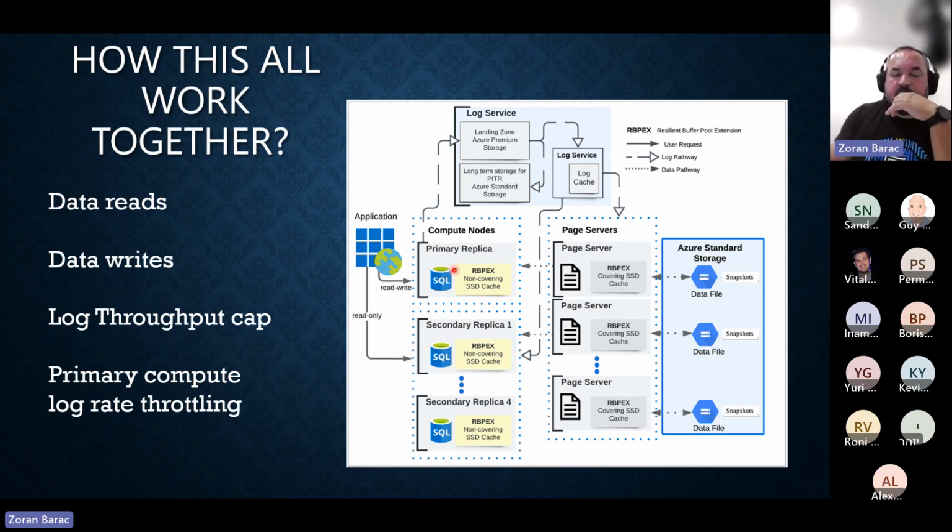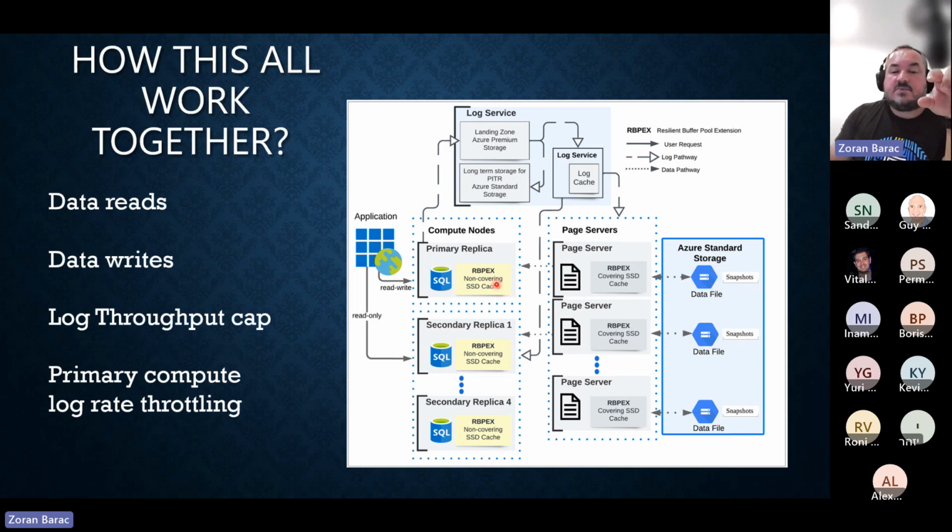Once it's going to the compute node, if you read some data from the compute node, first it's going to check the resilient buffer pool extension, then it's going to check the buffer pool. If the data is there, fine. If it's not, the primary needs to know which page server holds that particular page or log block.